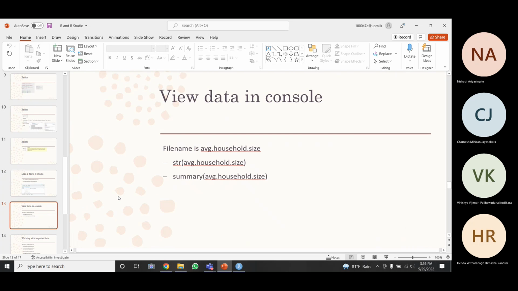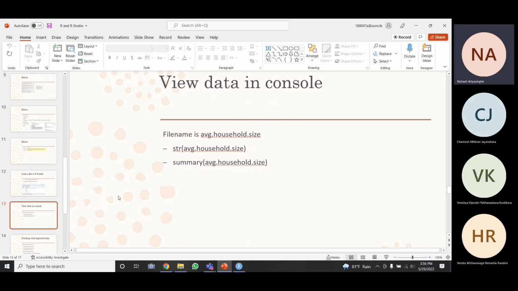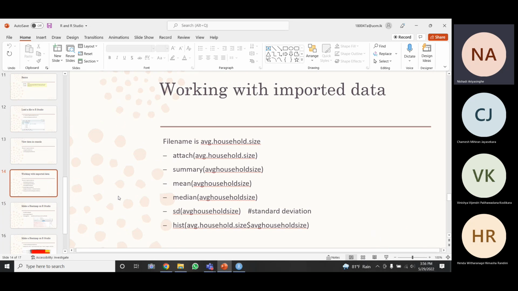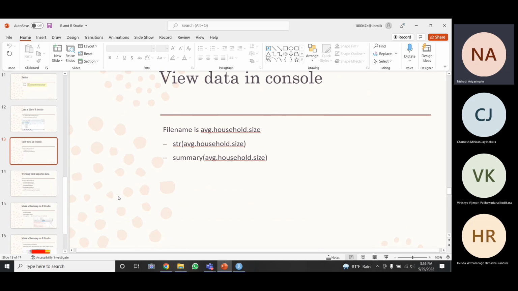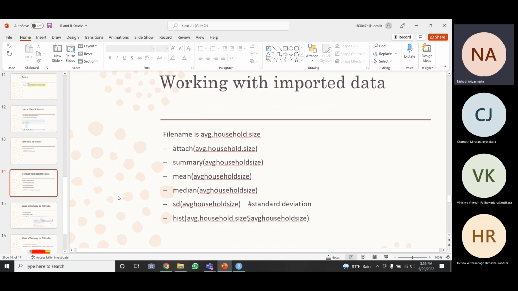Yes, you can view data in the console, and you can create a summary where certain statistical summaries will be provided with the file. From that summary you can also explain something about the data which you have loaded into the application.